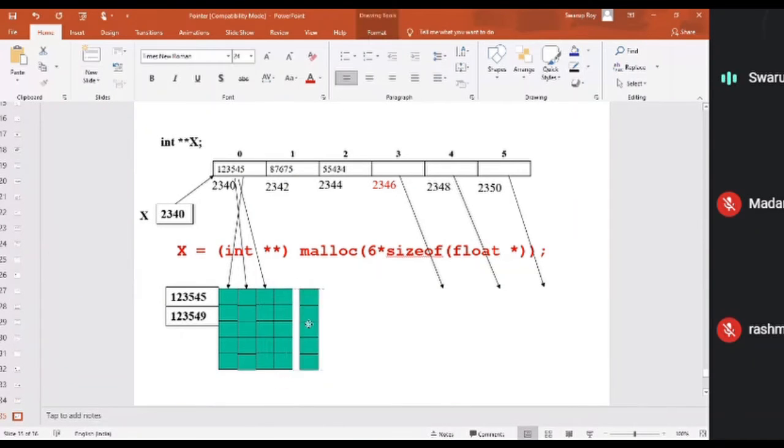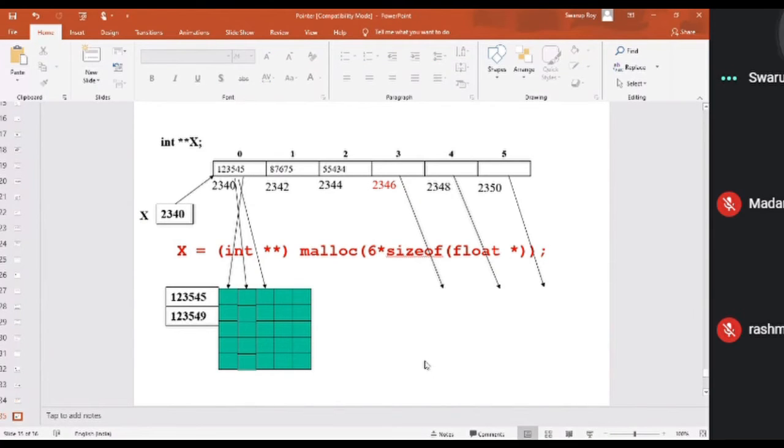Matrix. So this is nothing but a matrix. Am I right? Yes or no? Yes, sir. A matrix is nothing but a collection of arrays of the same size, where the number of such arrays indicates the number of rows and the size of each array indicates the number of columns.